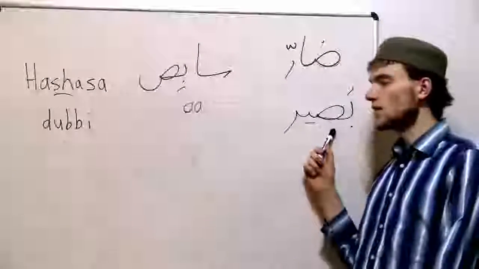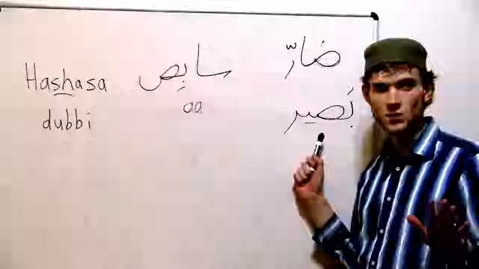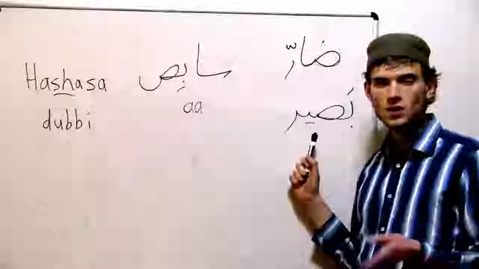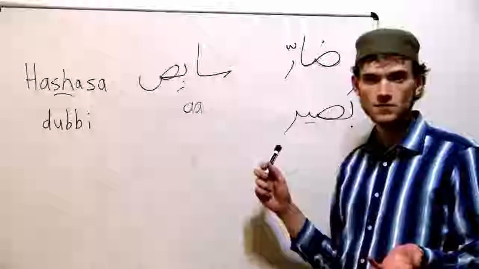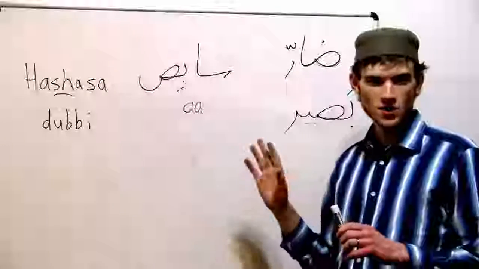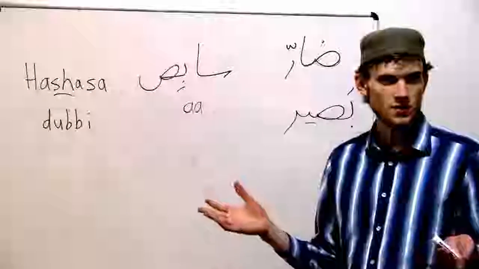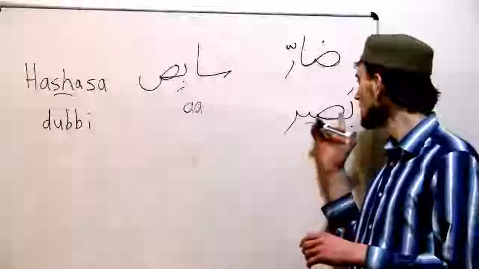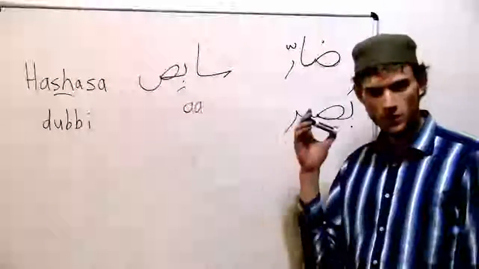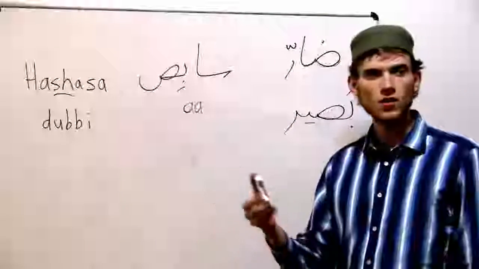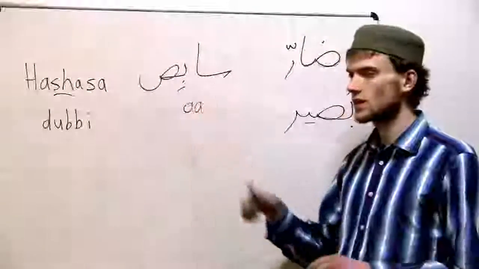So the best way to pronounce this one, the fatha is on the ba, which is non-emphatic, so it's basir. Everyone say for me, basir. Though this is kind of tricky. The sad does often kind of affect it that way. When we say it quickly, we often say basir. So that fatha here is almost like an ah, because it's being affected by the sad. But the best way to pronounce it, basir. But it's kind of tricky.